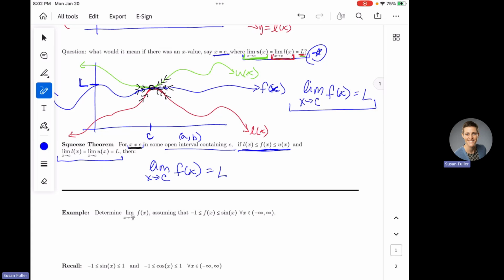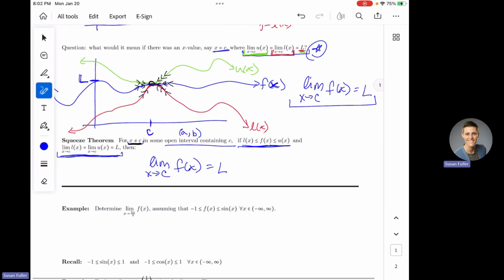But in addition to that, we also need our top and our bottom functions to share the same limit at a certain x value, which is a really difficult thing to do. But sometimes it does happen. We're usually going to see the squeeze theorem with trig functions, and I'll show you why in just a second. Those guys are bounded, especially sine and cosine, so it's going to make it a little bit easier to find an upper and a lower function. And as long as my limits are the same, it'll bail us out. So let's see how this works.